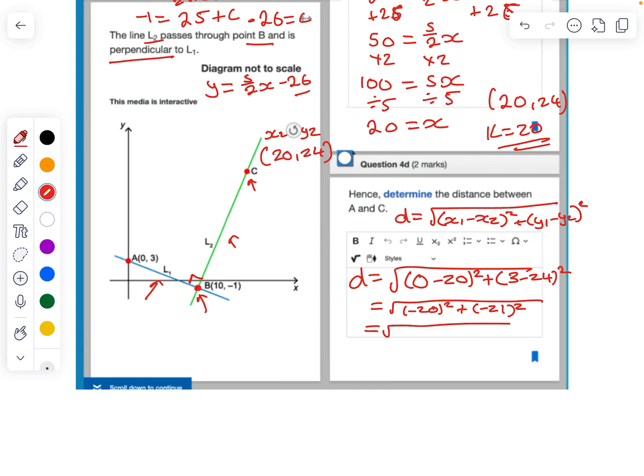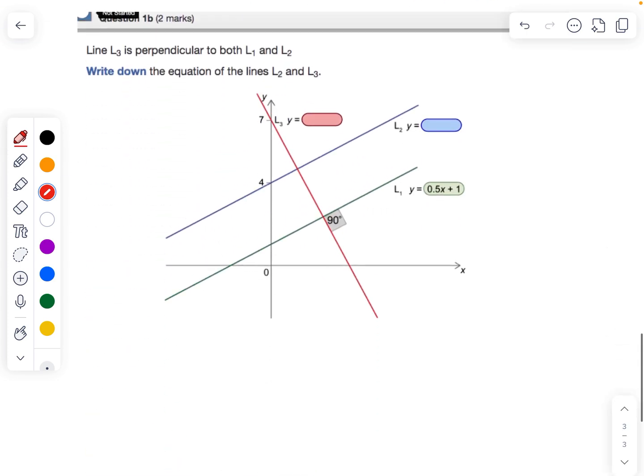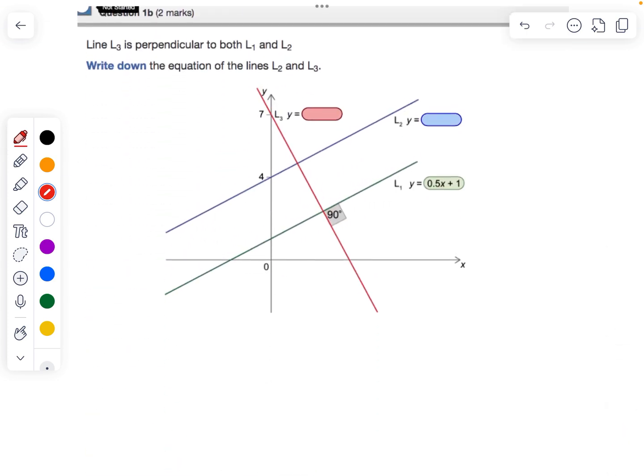So let me just quickly put that in my calculator. So we all should know that 20 squared anyway is going to give us 400, because 2 negatives would make a positive, and then 21 squared is going to give us 441. So then if we add them together, it's 841. So if we do the square root of 841, the answer is 29. And that's the distance of these 2 points. Right, the next question then